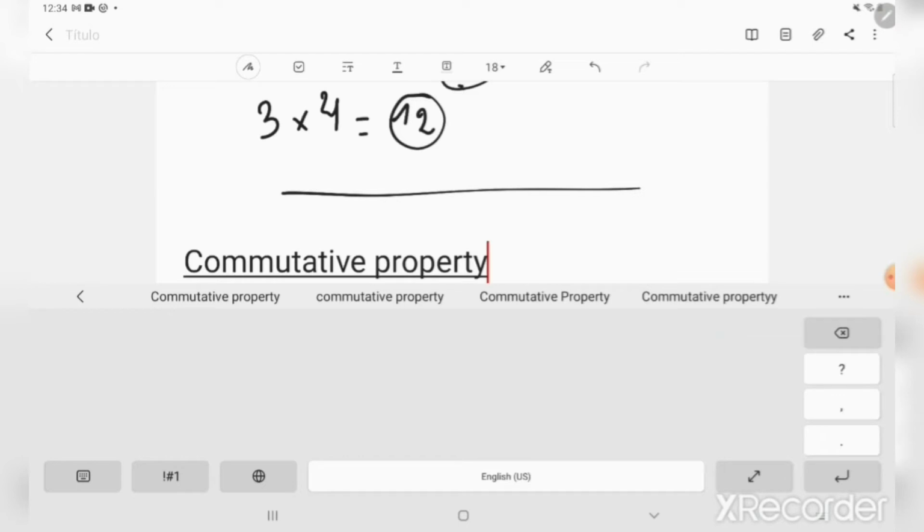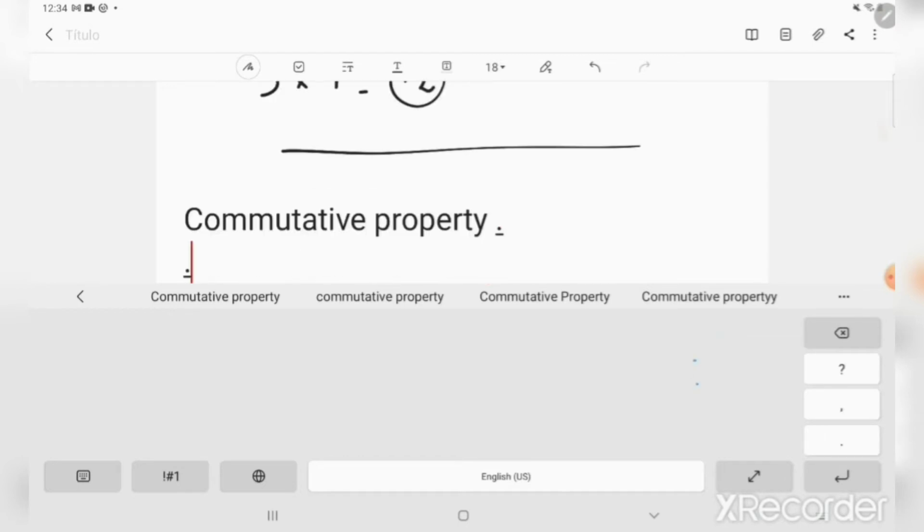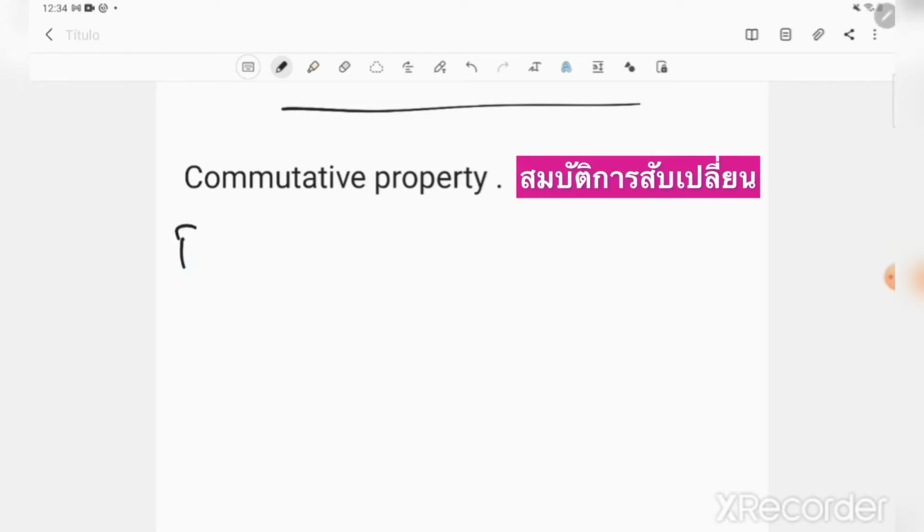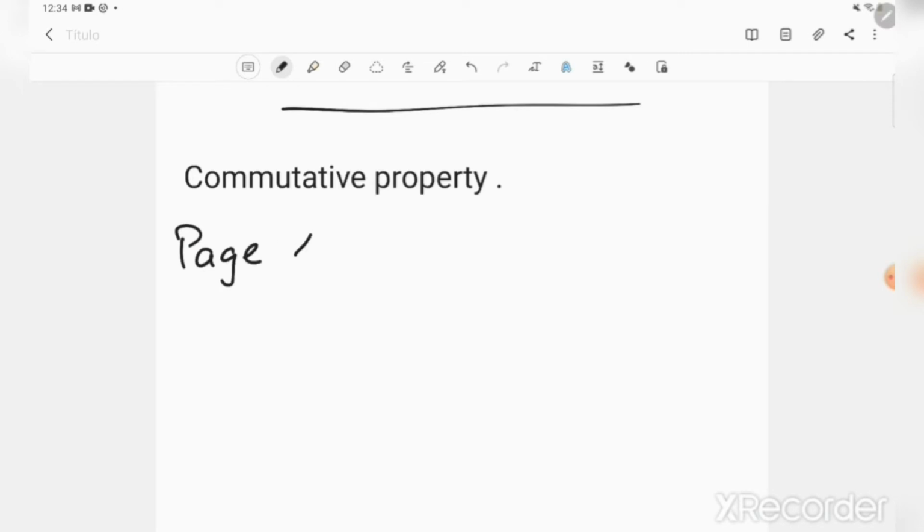But first let's go with commutative property of multiplication. What is the commutative property of multiplication? So if you open your book in the page 112, here we have an example. Okay, the example says if we have 3 rows,